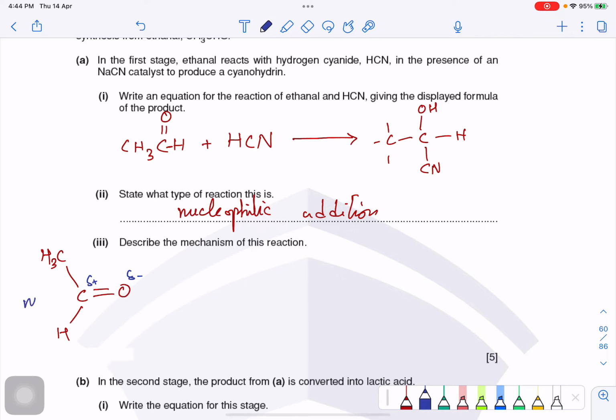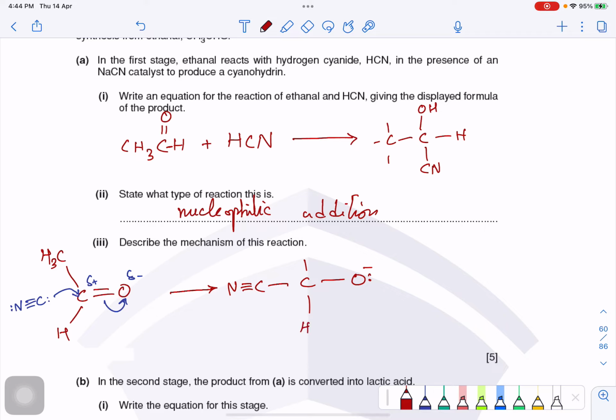Now there's also going to be a nucleophile, which is CN in that case. Let me just write that. So CN. It attacks from the carbon side with a lone pair. This lone pair attacks it. Make sure you draw a curly arrow. When it comes close, this oxygen gets the two electrons. Now this forms what? The oxygen has gotten a lone pair with a negative charge and this has gotten CN. Obviously there's a nitrogen with a lone pair, but we don't need to mention that.